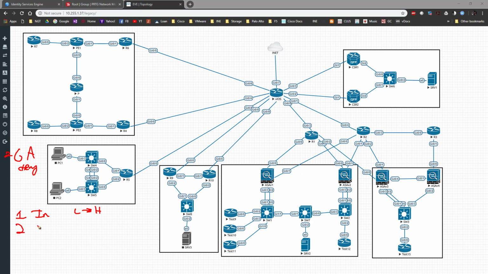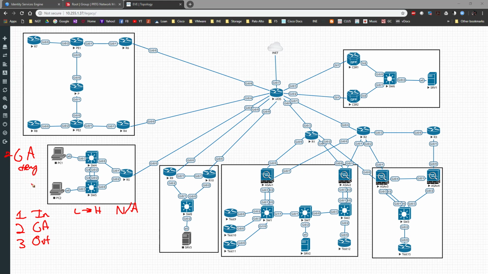Then the second one is going to be the Global ACL. This is also applied inbound and has the deny any logic. The third one is the Outbound ACL, or the outbound application of an access list. So in terms of operation, if you're going to apply an inbound ACL on any interface, you're going to be applying it from the low to high. If the inbound ACL is not applied, then the traffic flows to the Global ACL, which has the deny any